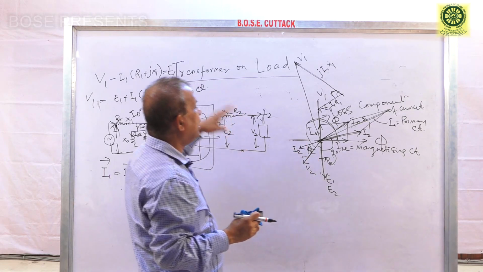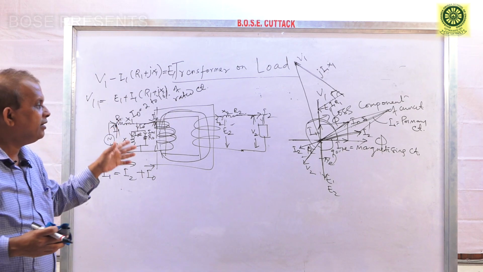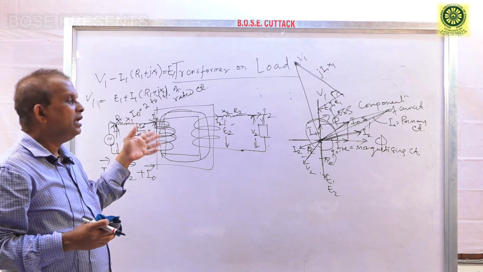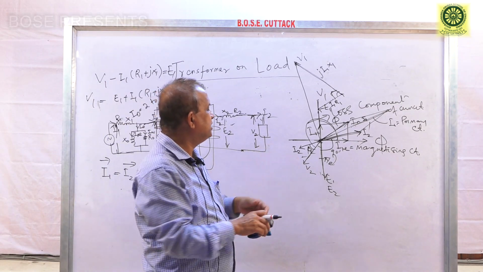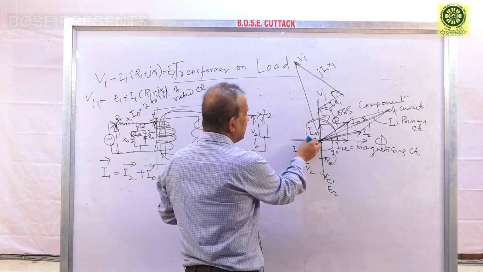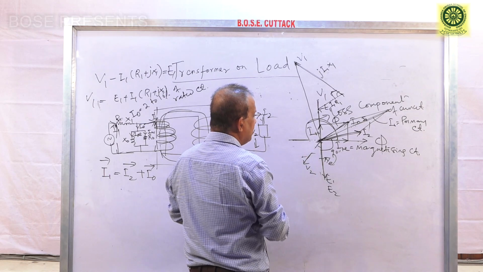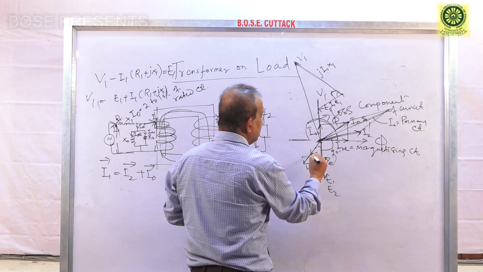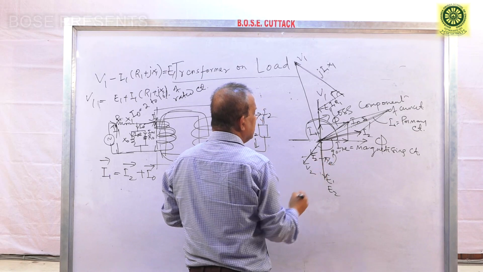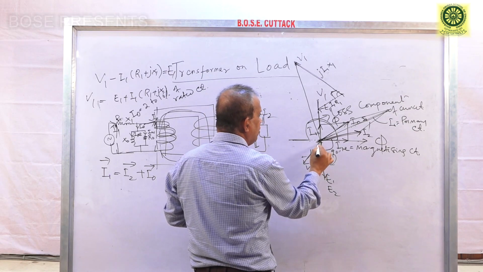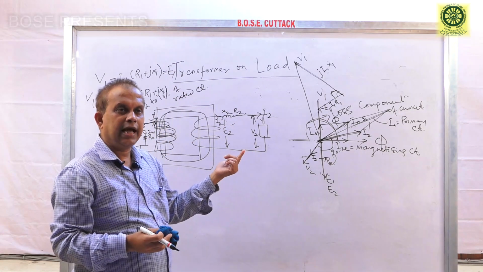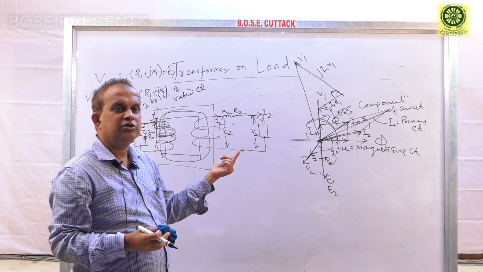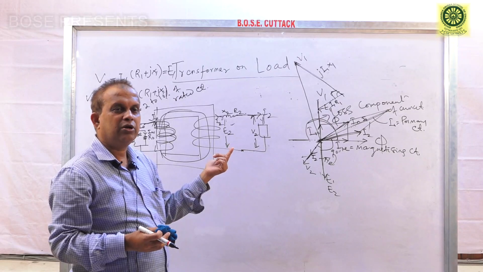Similarly, we also can draw the phasor diagram for the unity power factor load. In case of a unity power factor load, there is only a little bit of change. That means the secondary current will be in phase with the voltage. So I2 will be along this. Now V2 and I2 are in the same line because the angle between them is 0, so cosine of 0 is 1. So that is the unity power factor load case.